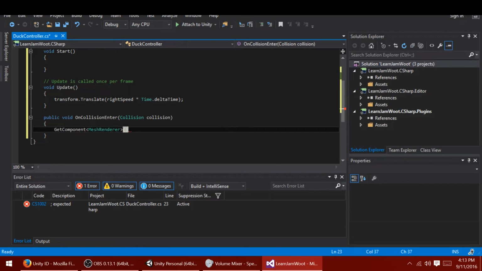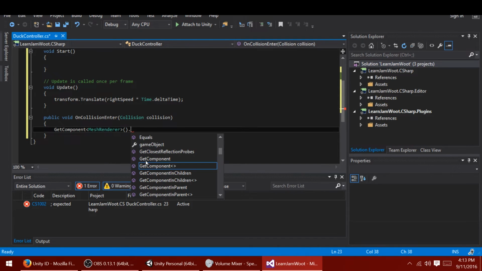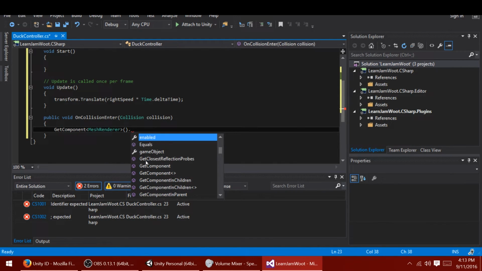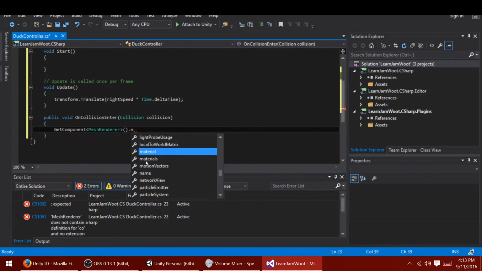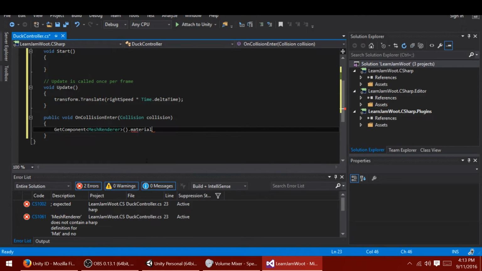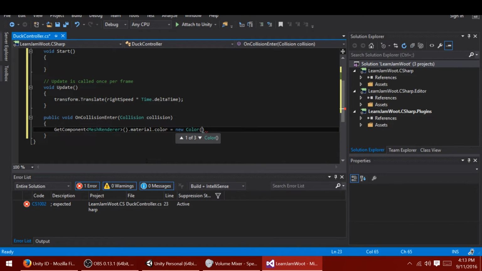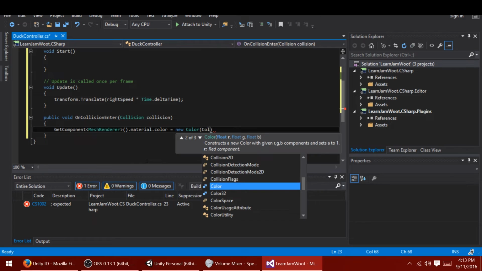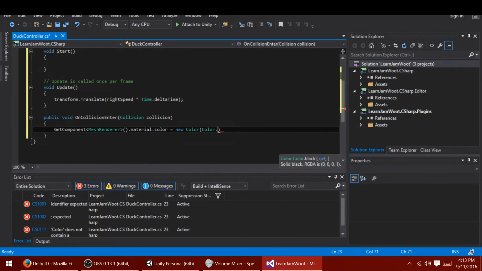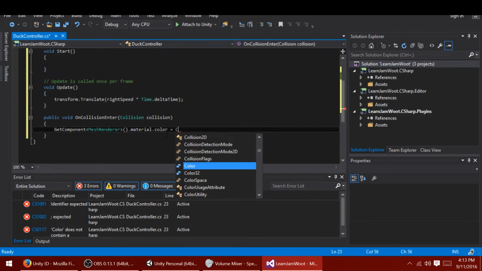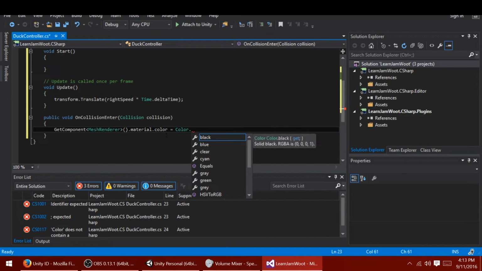And because it's a function, you have to do open close parenthesis after it. So from there, we're gonna do dot, I think we can just do color. Material. Yeah. So we can do dot material, dot color equals new color, and let's just do... oh wait, I don't even need to do new color, I can just do color dot whatever. So we're actually gonna erase that. We're gonna do color dot